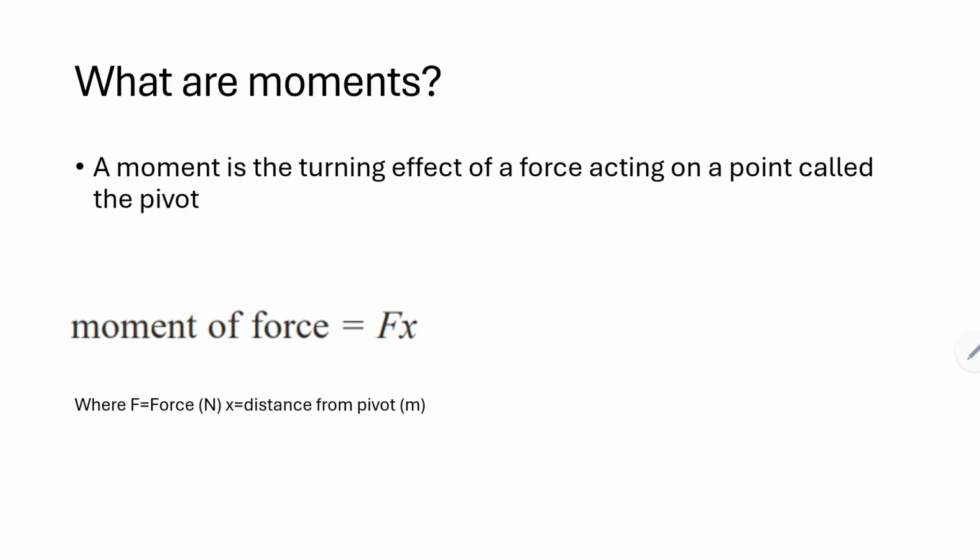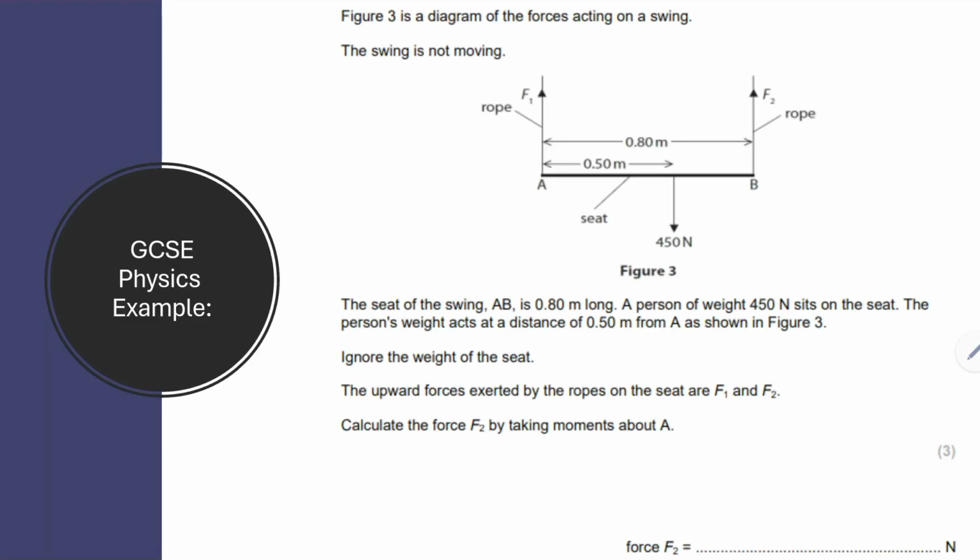First of all, what is a moment? A moment is the turning effect of a force acting on a point called the pivot. Moment of force equals Fx, where F equals force measured in newtons and x equals distance from pivot measured in meters. So now we are going to be going over a GCSE physics exam style question where it states that